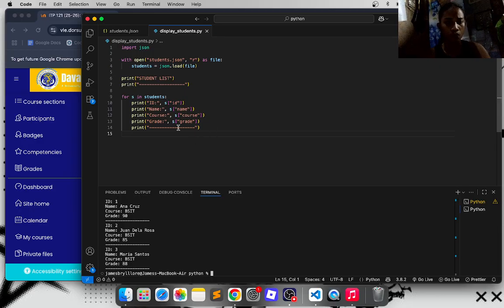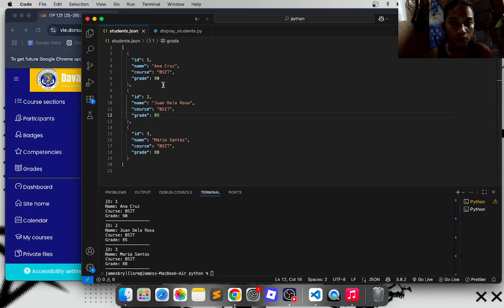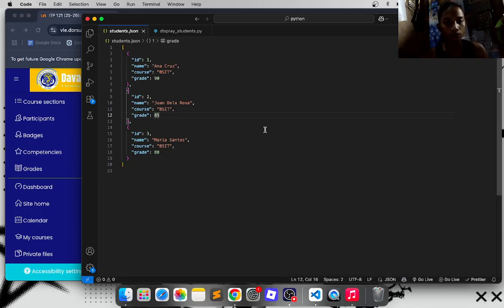One challenge in this integration is the data format mismatch. If the JSON structure is incorrect, or if a field name such as grade is misspelled, the Python program will fail to read the data properly.